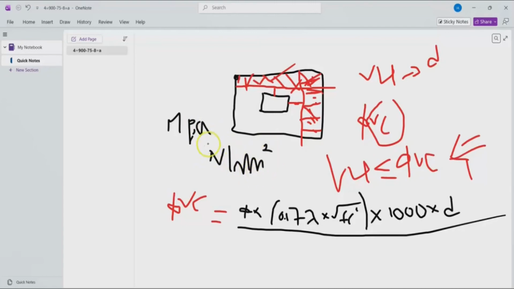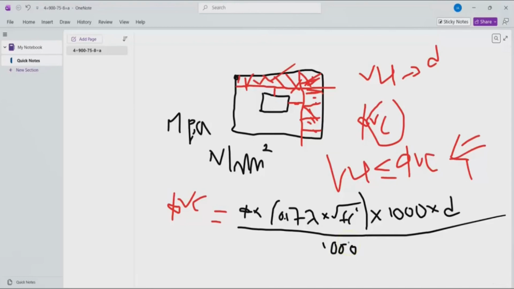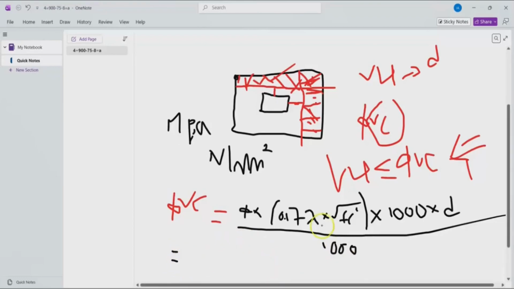So we need to convert this Newton to kilonewton. So that's why we need to divide this by 1000, so that we can get the value in kilonewton. So it is going to be in kilonewton per meter. So now we just have to calculate this value. So we know phi is